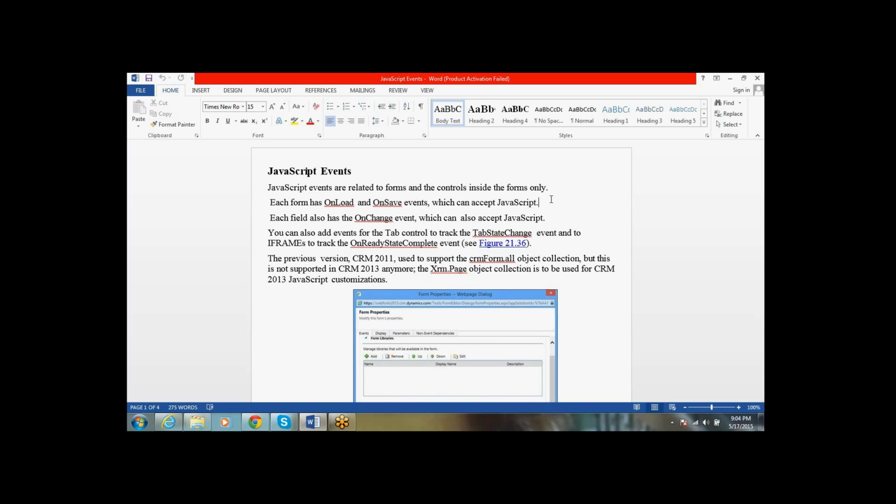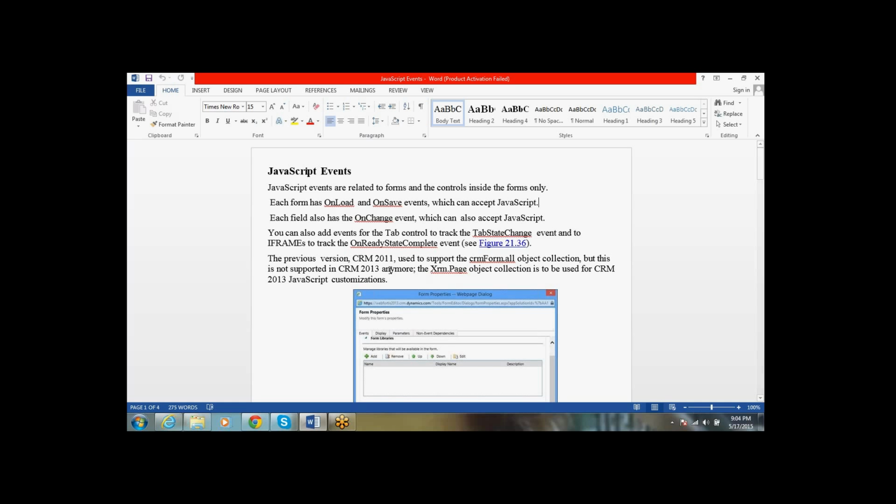For iframe also we have a JavaScript iframe event, that is the onreadystatecomplete event, and for the tab we have an event like tab state change. So these events were introduced in CRM 2011.